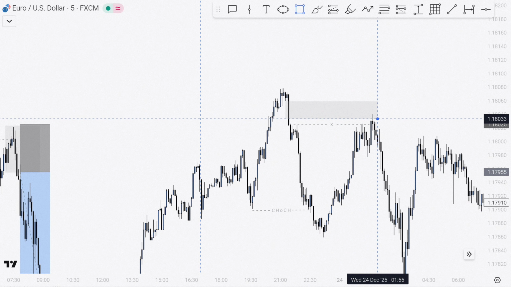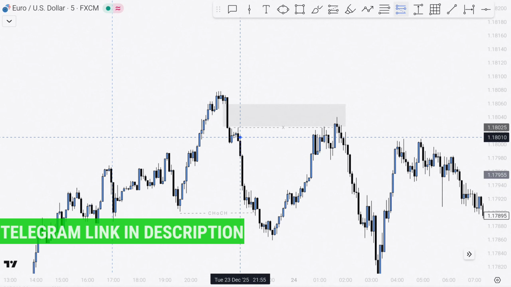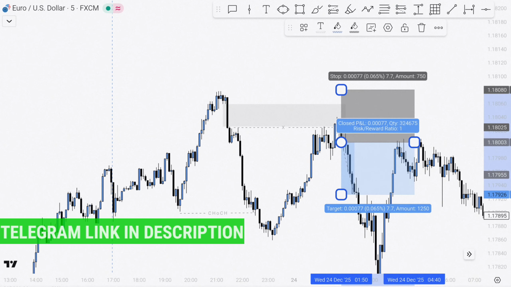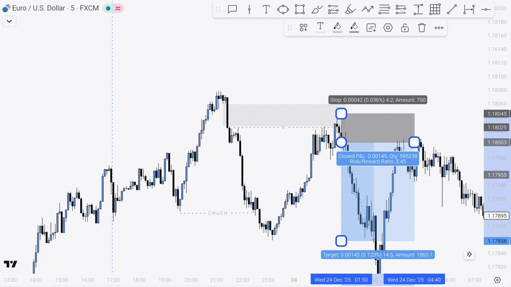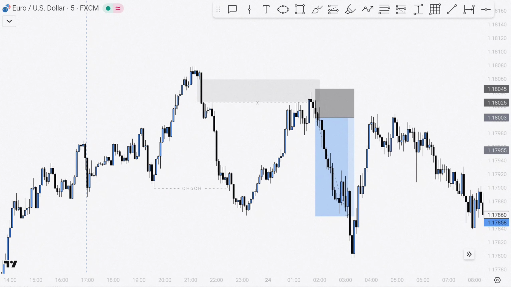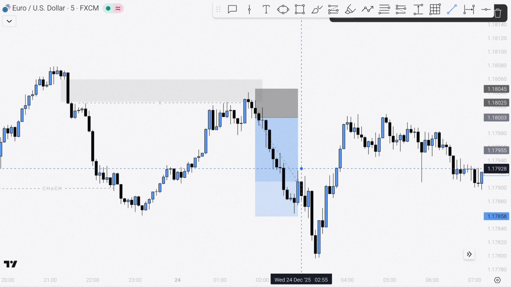At this point market tap on this point and also created a single candle order block, and you can trade based on the single candle order block. Also put your stop loss just above this point and target the recent low. This is the only thing you need to do. Now this is the first trade that you can take using this strategy,